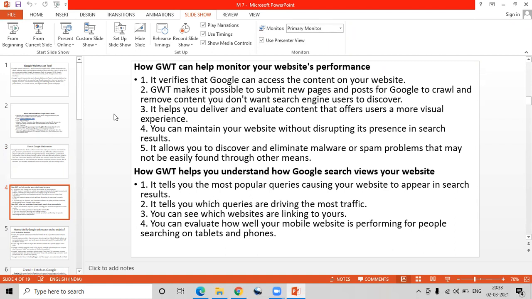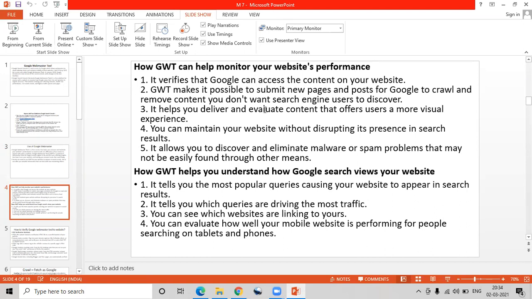Okay, let's see how Search Console can help monitor your website performance. It verifies that Google can access the content on your website. तो हमको पता चल जाता है वेबसाइट बनाने के बाद, हमको जनरली पता नहीं चलता है कि गूगल से इंडेक्स हुआ है नहीं हुआ है, किन पेजेस में हमारा इशू है, किन पेजेस में नहीं है. लेकिन गूगल सर्च कंसोल से हम ये सब एनालिसिस कर सकते हैं.